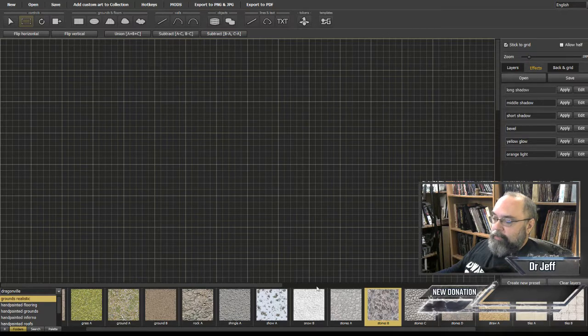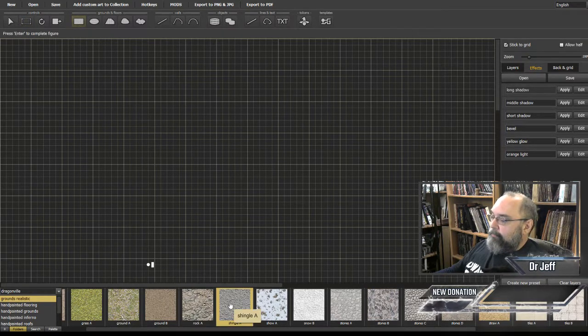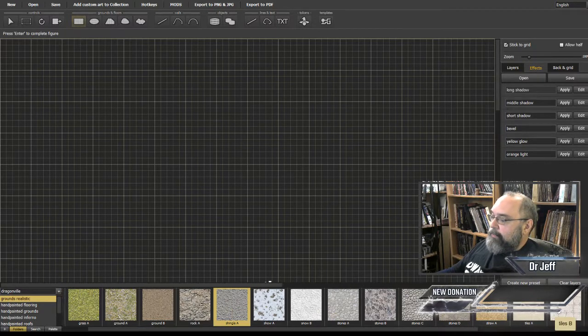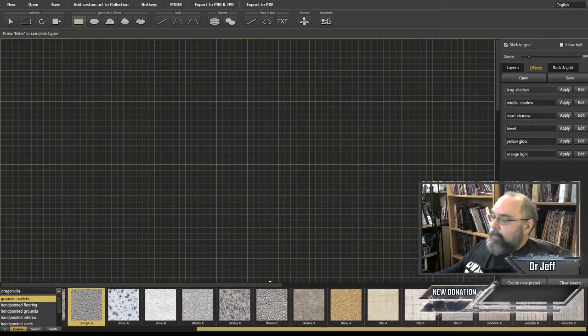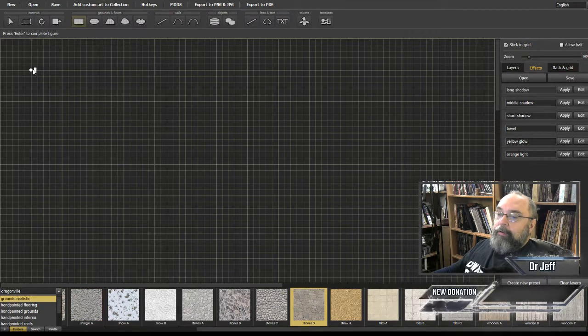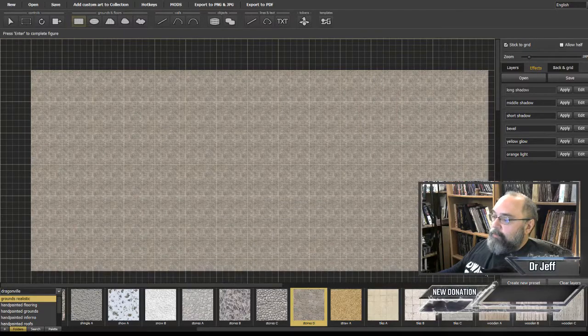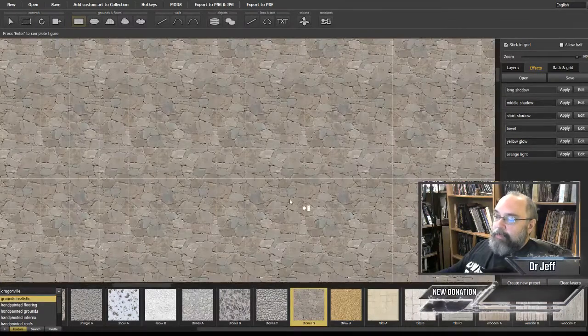First thing I'm going to do is make a mat here, and I'm going to make something that's hopefully easy to see. Let's go with a dwarfy one. I like stones, so the stone tessellation is